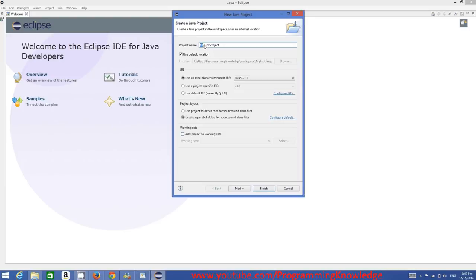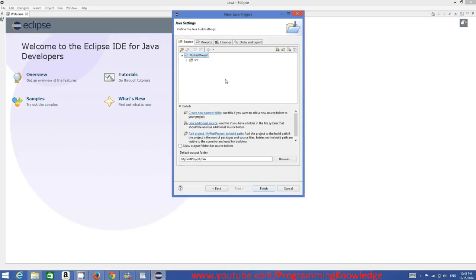So in MyFirstProject, M is capital, F is capital, P is capital, so it's called camel case. So it's a convention to give names like this, and all things are okay. You can just click Next,